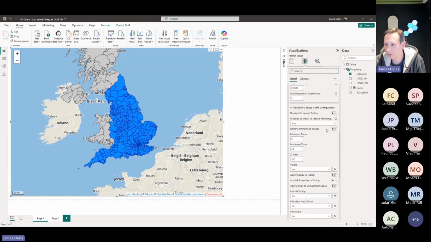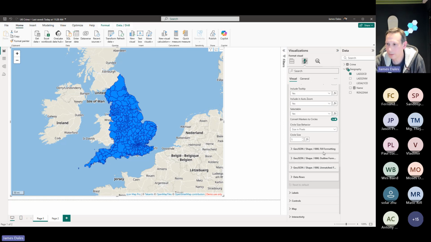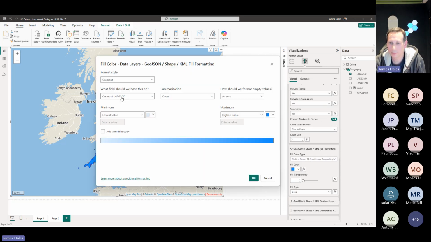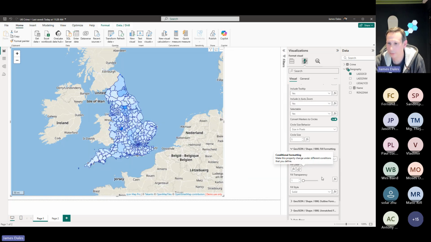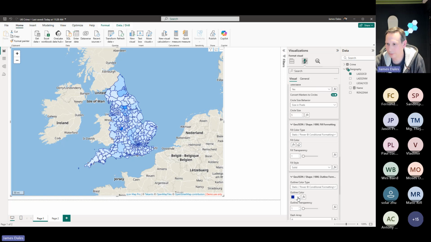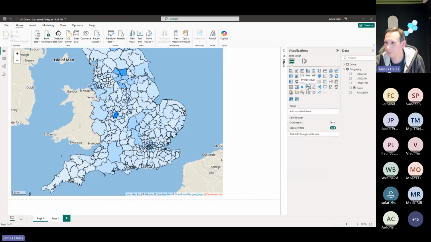And similarly, we can choose to not show those. And then it's just a question of applying conditional formatting to create a choropleth map based on the number of crimes. And I can change the background color to black, the outline color to black, and then we get our choropleth map. If I add in my slicer,